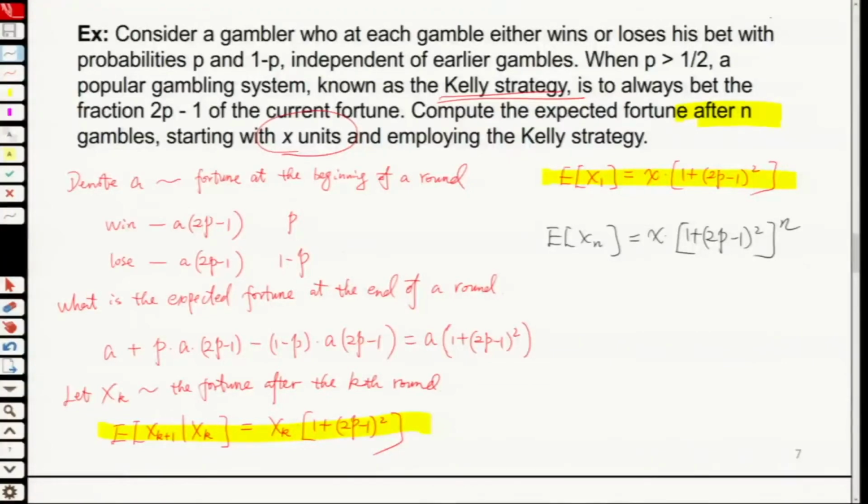Kelly strategy is widely used for investment, especially if you know Warren Buffett, right? They have advice for investment. Kelly strategy is one way to invest in futures or some other things. So we're going to talk about the Kelly strategy. But this is a special condition of Kelly strategy,